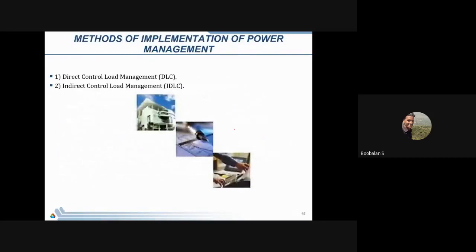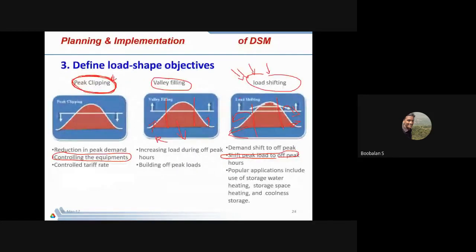And we'll move on to one more topic, that's called what are the methods available, right? So we have already seen these three things: peak clipping, valley filling, and load shifting. The best ones are peak clipping as well as load shifting. In peak clipping, we have direct control, right? So we are controlling the electrical equipment on the customer side. We have direct control over how we remove this peak clip area, right? Where many customers are now consuming electrical power, and how that peak clipping happens.